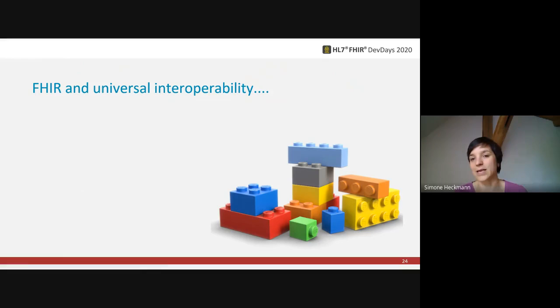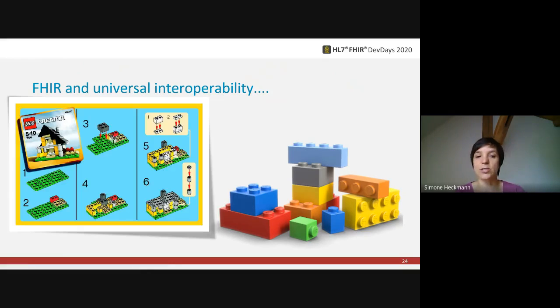The same is true for FHIR, because there are so many ways that you can use FHIR, that you can assemble your resources into more complex constructs. The chances are that these solutions will not be identical, will not be interoperable. The solution to this problem, however, is there. You just need to add a construction plan that tells every implementer how exactly to use the standard